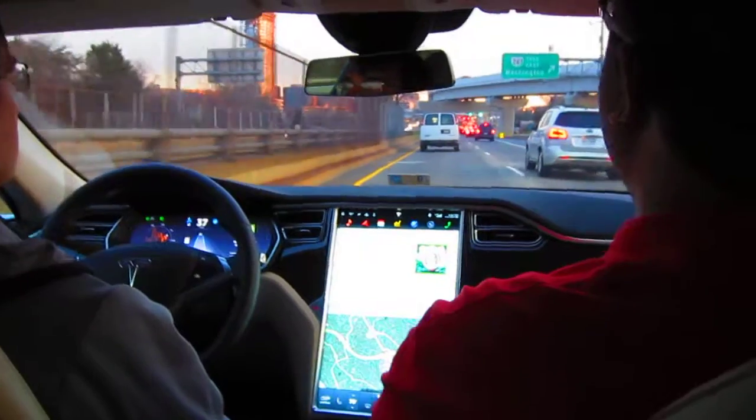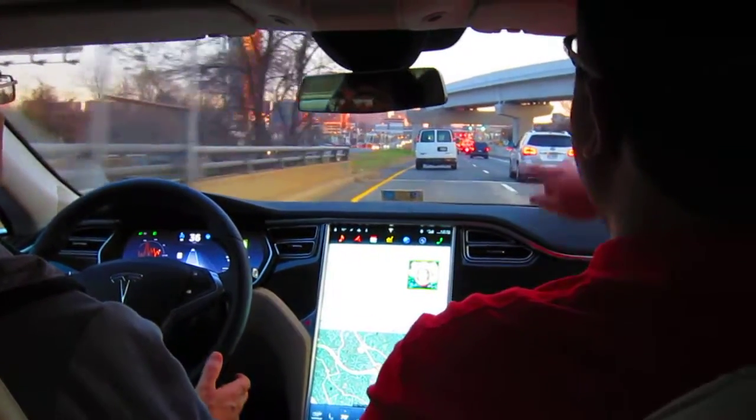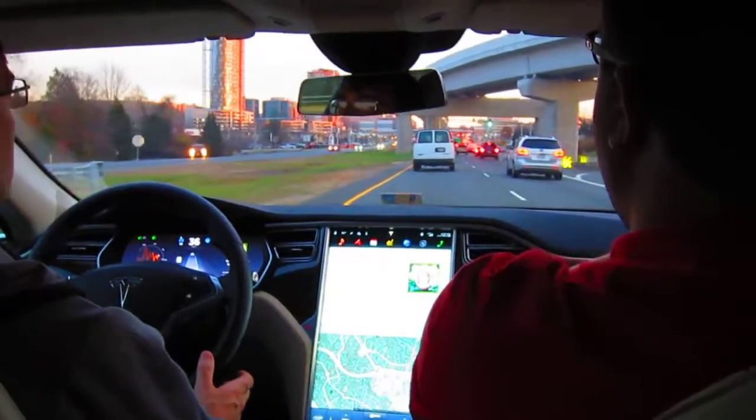Yeah, so our turn's coming up. It's going to be the left-hand turn on Tycho right after the light. Right. See a median there. We'll just merge right before the